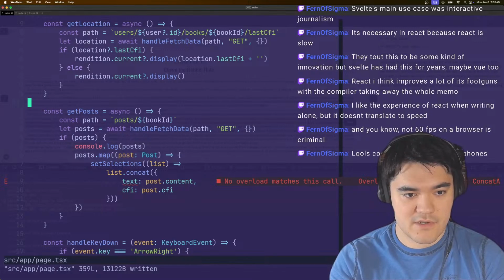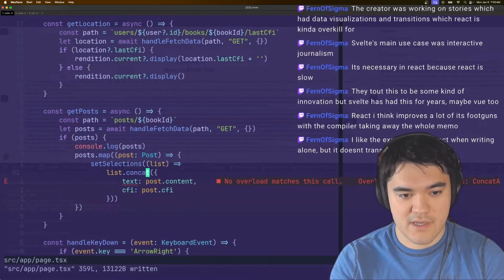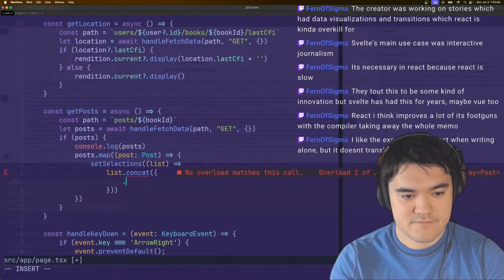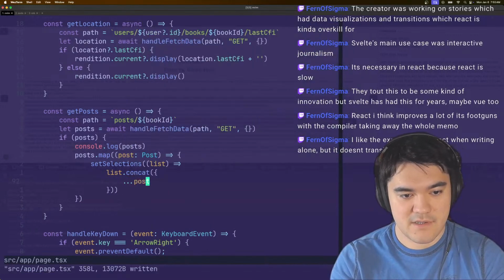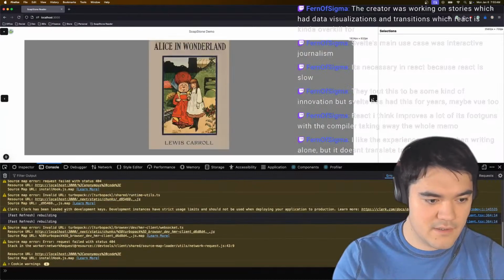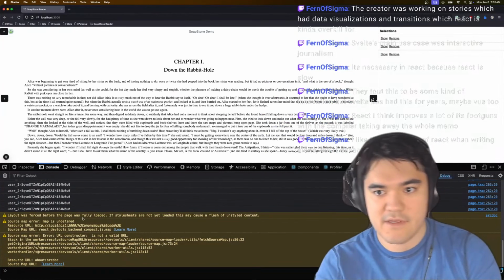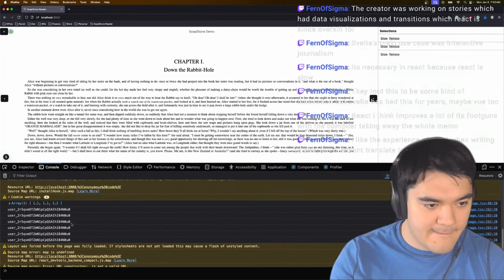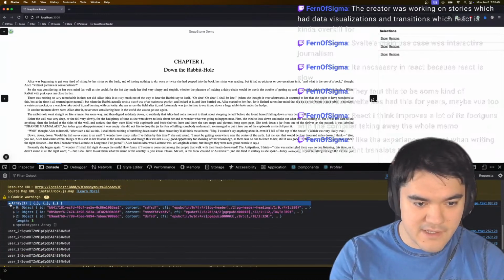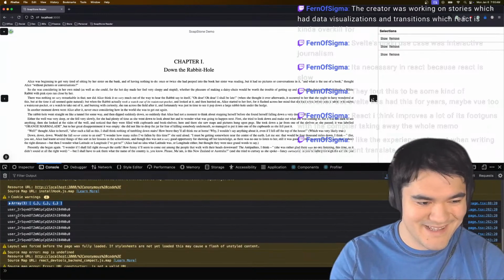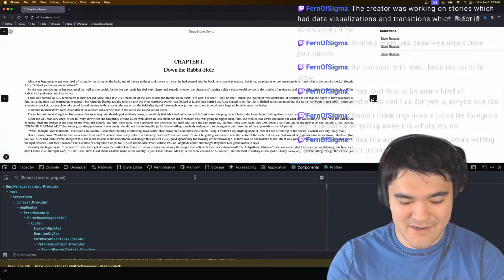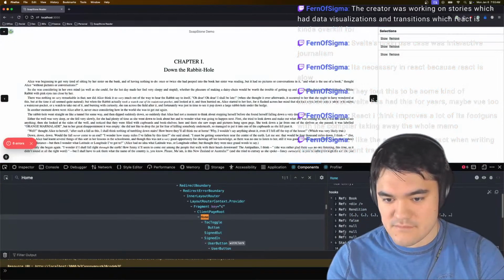Okay, so when we get the posts, set selections. Okay, how do I just copy all of the, can I do this? Okay, perfect, excellent. All right, but something did not get copied correctly. What's going on in here? So,